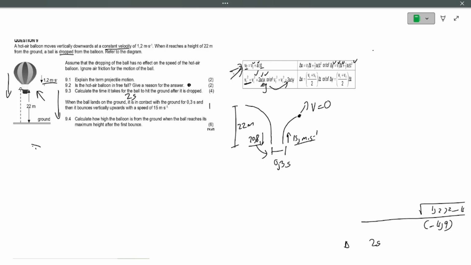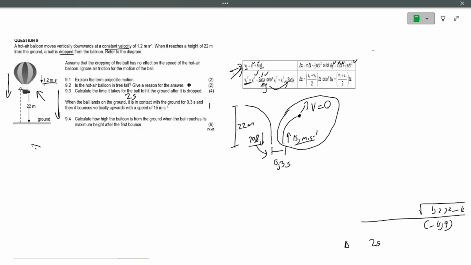You must calculate how high the balloon is from the ground when the ball reaches its maximum height after the first bounce. So we must check which section of motion we are working on. We are working on this section of motion, because if we are working on this section, we can get the time it took from when the ball leaves the ground to when it reaches the maximum